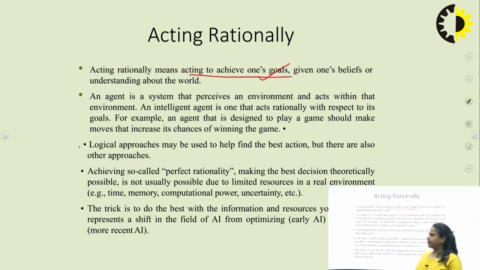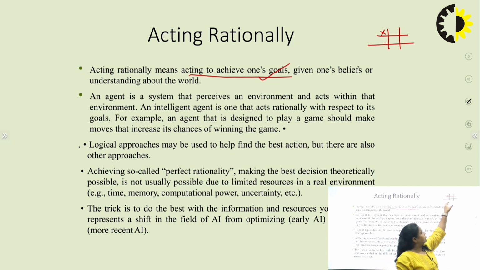Fine. For example, suppose we are playing a tic-tac-toe game, right? There are two players playing. Suppose the first player moves here, the cross symbol. Now, out of the 9 positions, the next player will have only 8 positions, and will try to win himself or herself, right? Similarly, in those 8 positions, they try to put a 0 at the location where they have increased chances of winning the game, not losing the game.